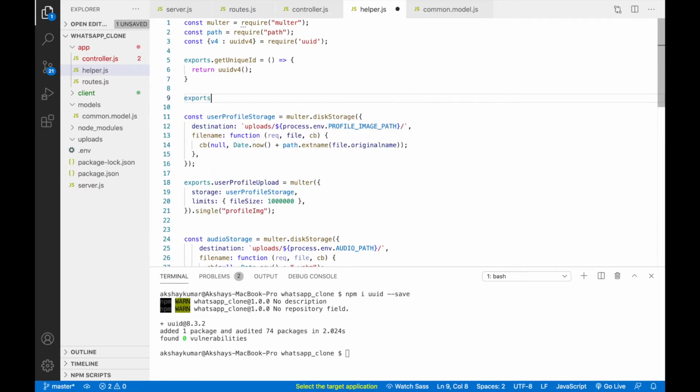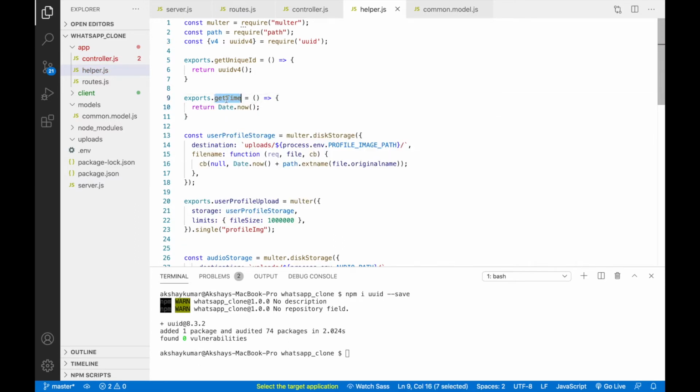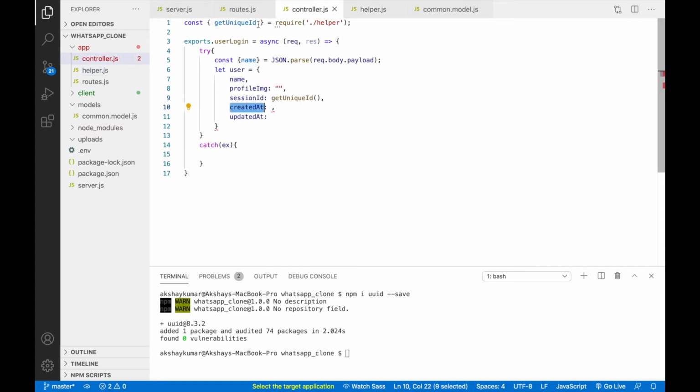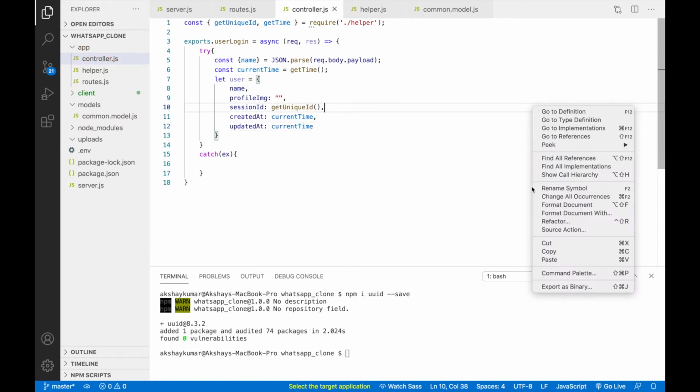That will be exports.getTime. This will return the current timestamp. So now we can pass here, and somewhere here we can write const currentTime equals to getTime. Okay, and this current time we can pass here and here also. I will just format the document.